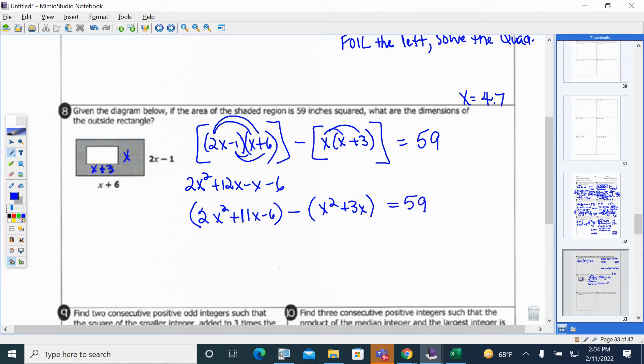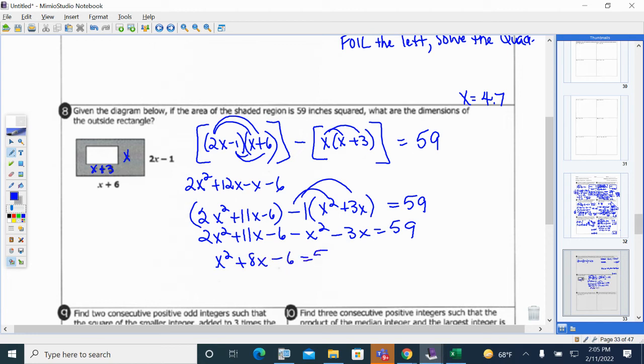And then from there, don't forget to distribute that negative and combine like terms. So we have 2x squared plus 11x minus 6 minus x squared minus 3x. So we have 2x squared minus x squared is x squared. 11x minus 3x would be a positive 8x minus 6 equals 59. So once you've gotten it to this point right here, again,